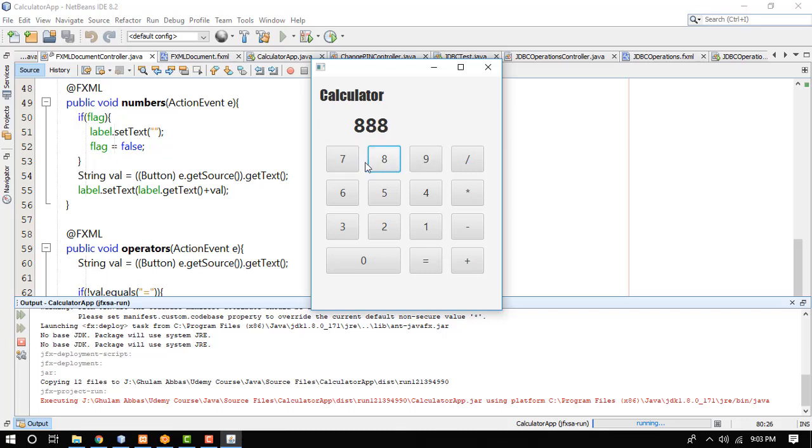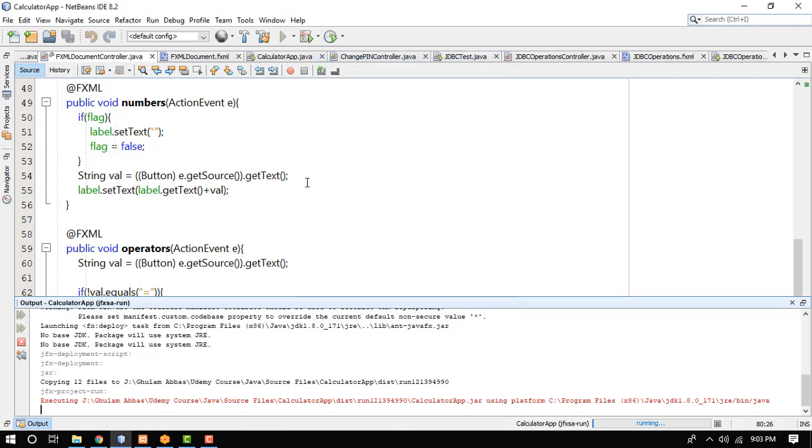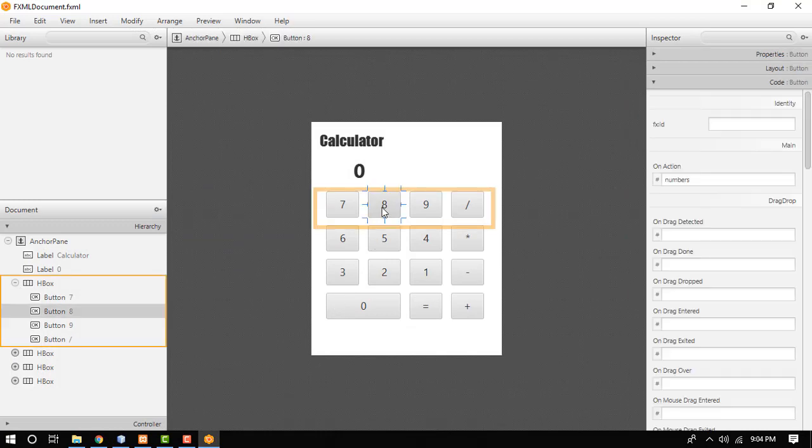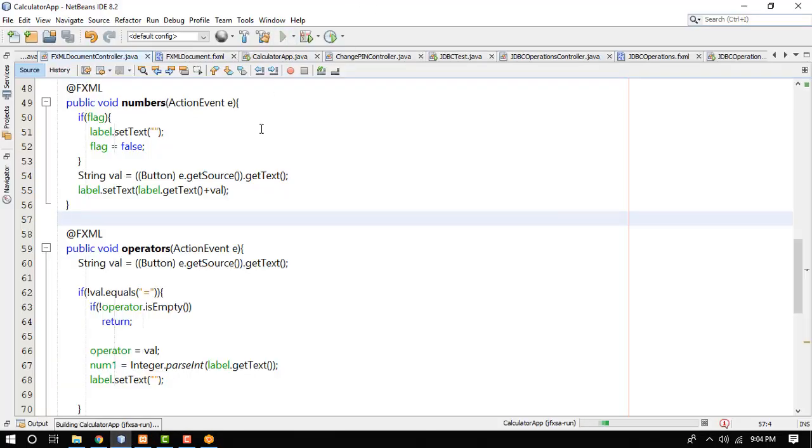Okay, so there's some problem in our 7 number. 7 is not working here, so I close it and go back to my scene builder, and here I select this 7. You can see here in 8 we have On Action set, but in 7 we don't, so I also add the numbers method here. I save it, and now if I go back to my NetBeans and run this program,